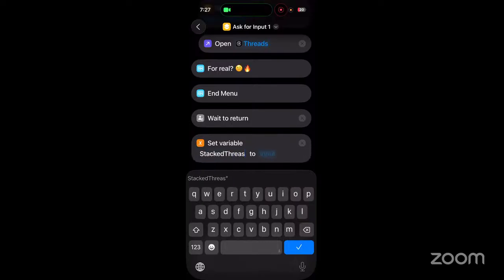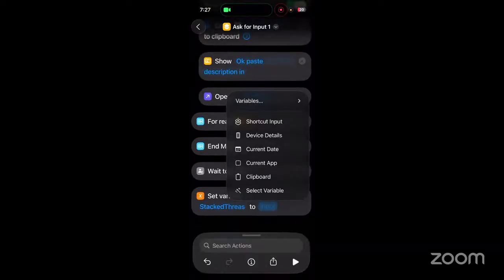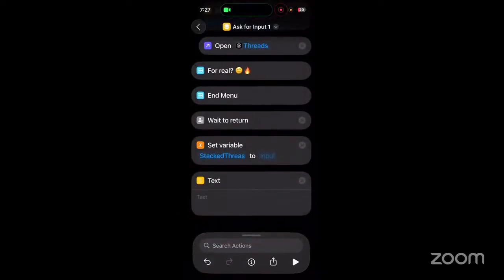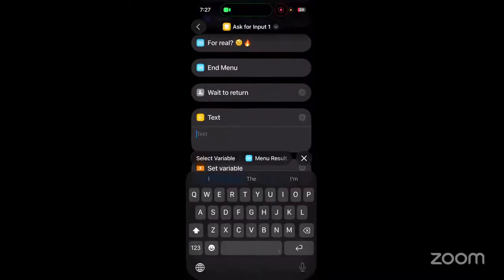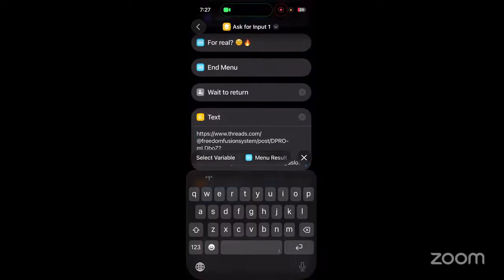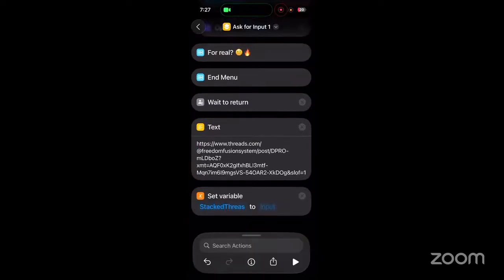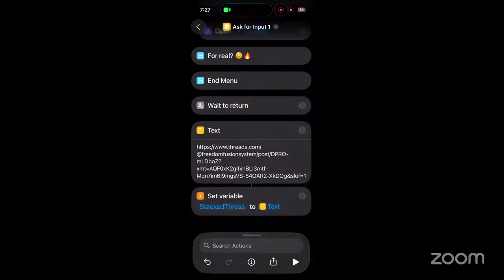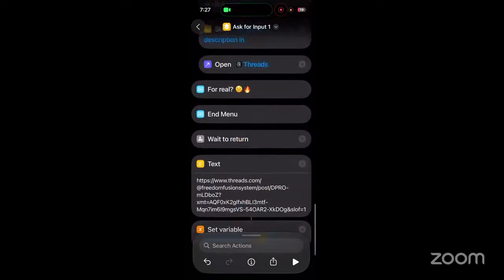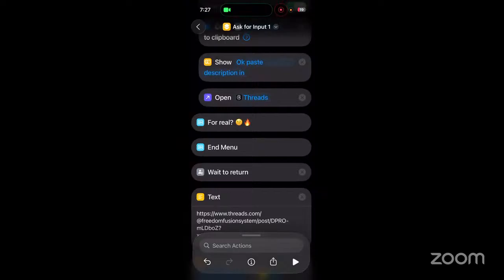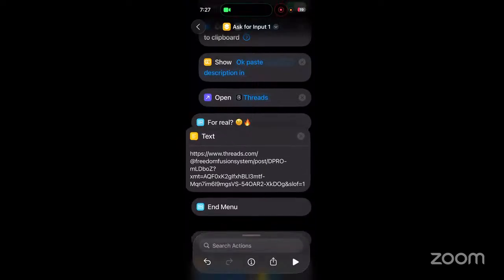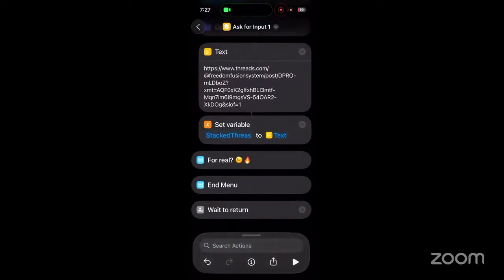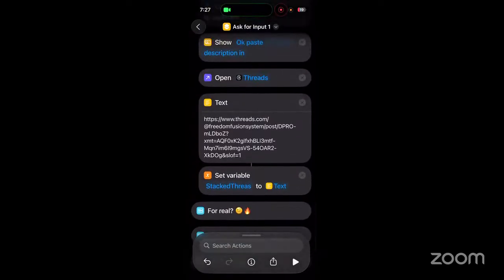Okay, I think we're good. We're gonna include text. Let's do this text. We're gonna include paste like this, and we're gonna do variable text. Then let's do this like this, like this, and we're